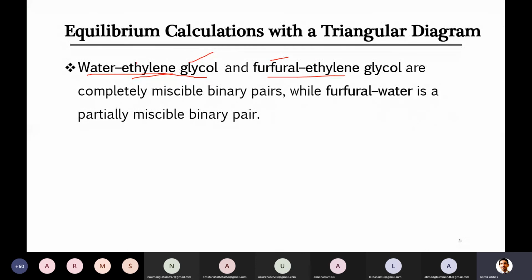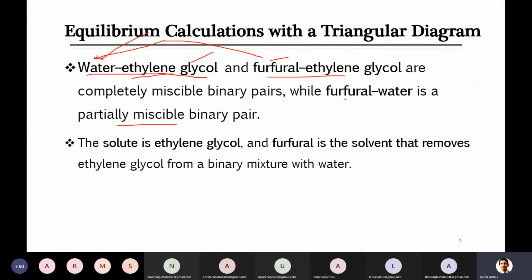Whatever, suppose 90%, 95% of this is transferred from water to this, that is completely miscible. But because this is a system in which the solvents also have some affinity for each other, water and peripheral will also mix to some extent, and that is a partially miscible binary pair. Partially miscible means they don't make a homogeneous solution, they don't get mixed completely, they still get separated into two separate streams like extract and raffinate,